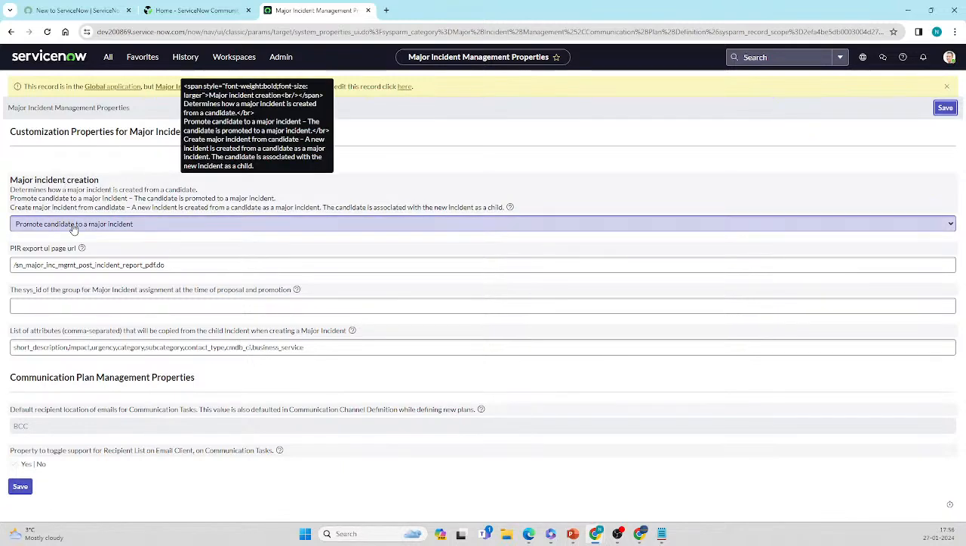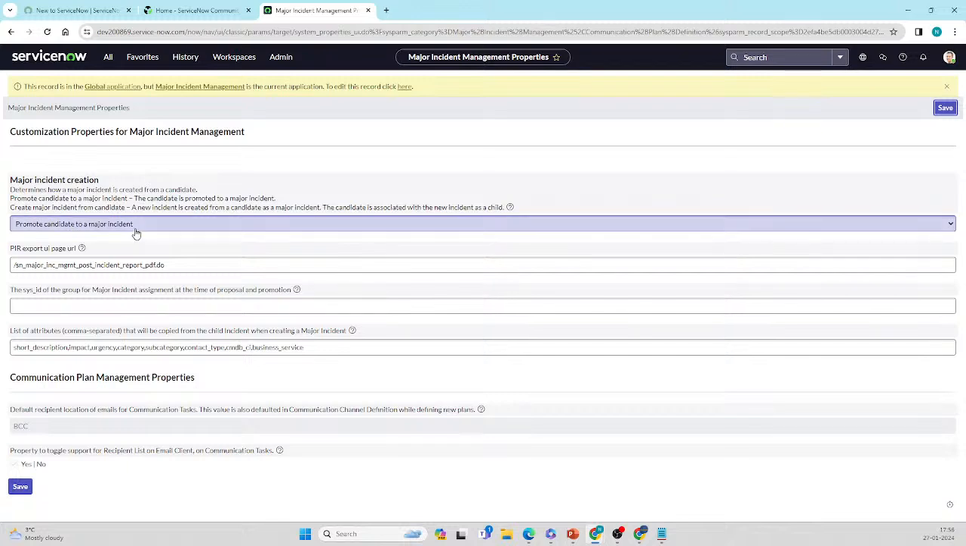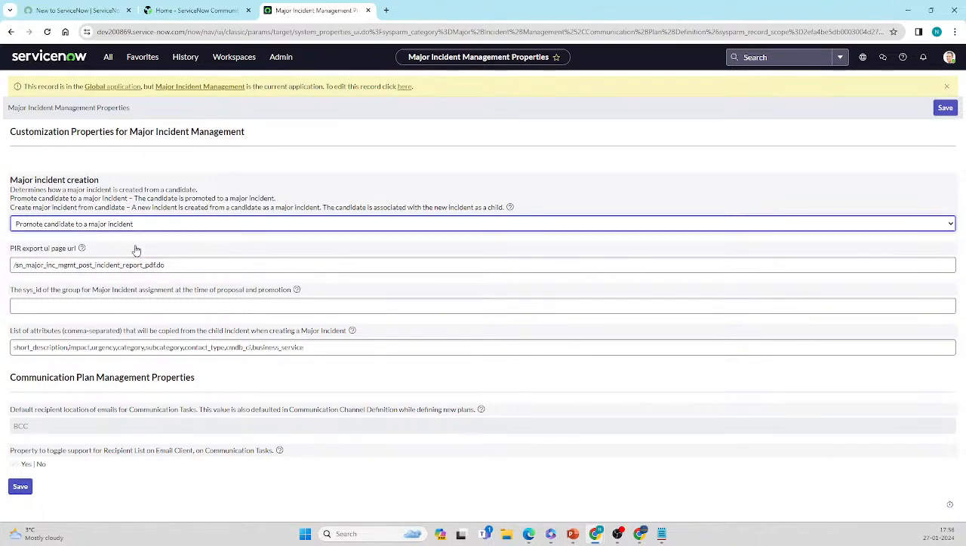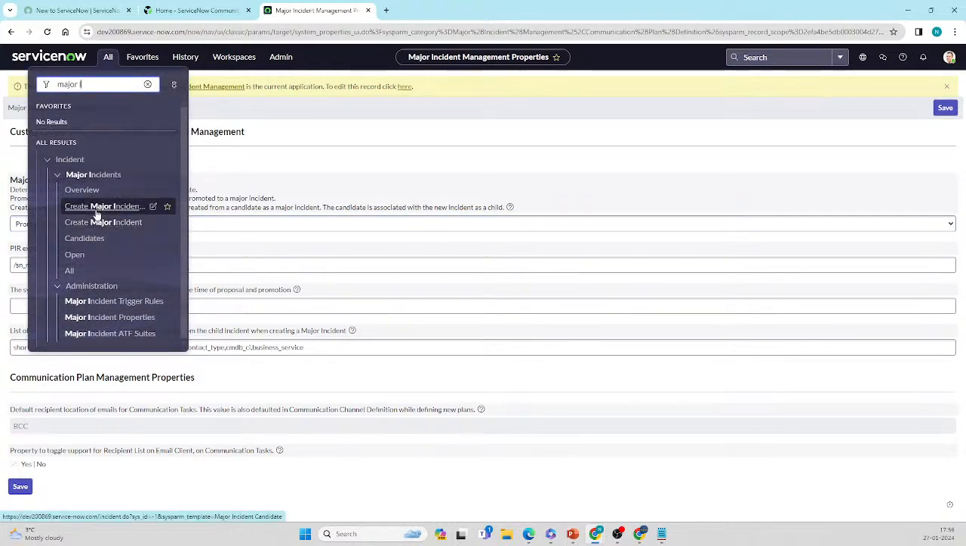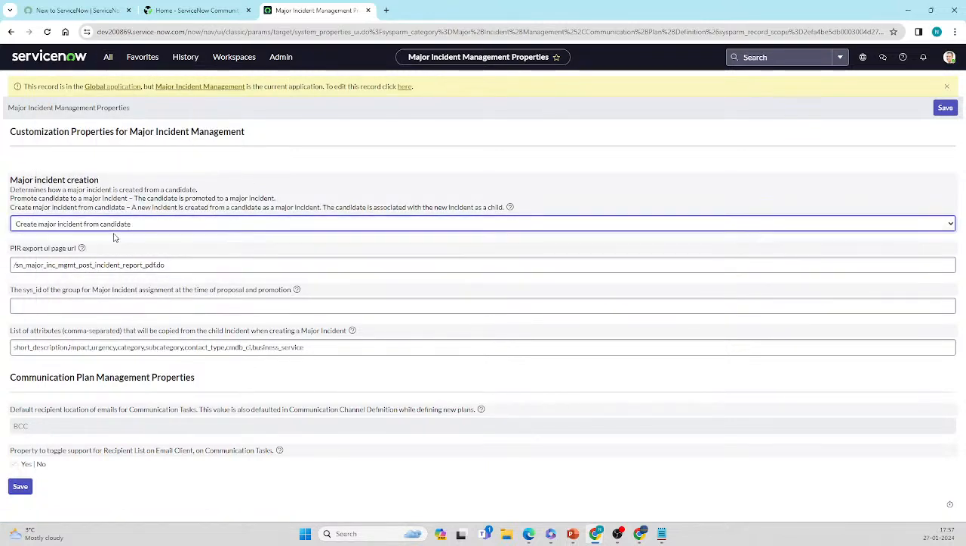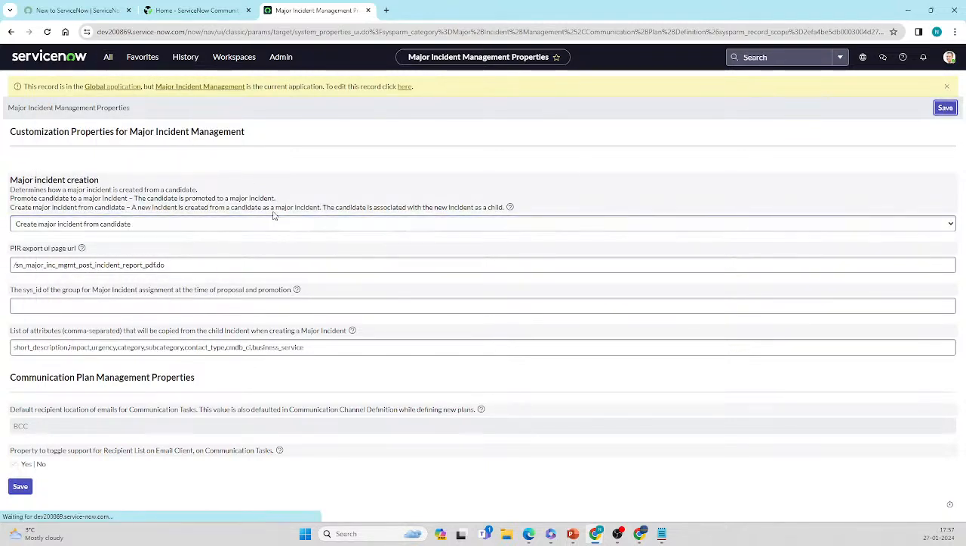So here you can see promote candidate to major incident or create a major incident from candidate. Okay, so those are two options. Initially it is set up as promote candidate to major incident. For example, if anything is created from create a major incident candidate, this will be set to proposed state. If I change it to create a major incident and save it,